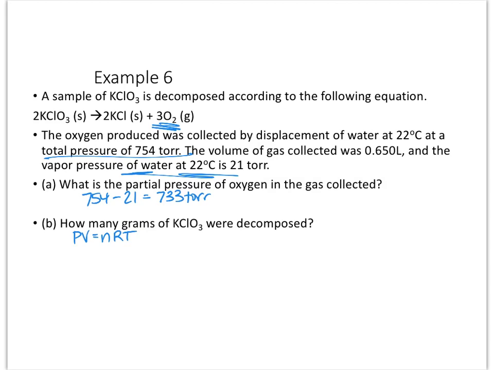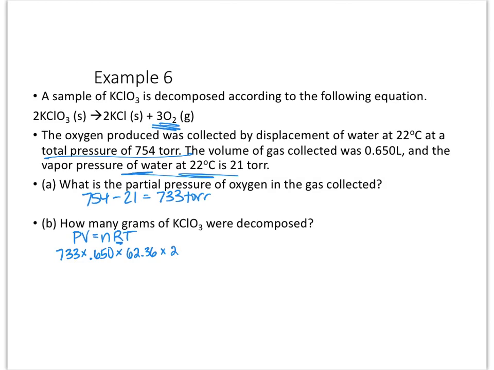Maybe on your forehead. So the pressure of the gas with just the oxygen was 733. The volume was 0.65 liters. Now you want to make sure when you're using PV equals nRT that you use liters because liters is in the ideal gas constant units. When you're doing the combined gas law, you can use milliliters or liters because they'll end up canceling each other out on each side. Partial pressure was in torr, so we're going to use 62.36 because that's my R value that deals with torr. Temperature is 22 degrees Celsius,